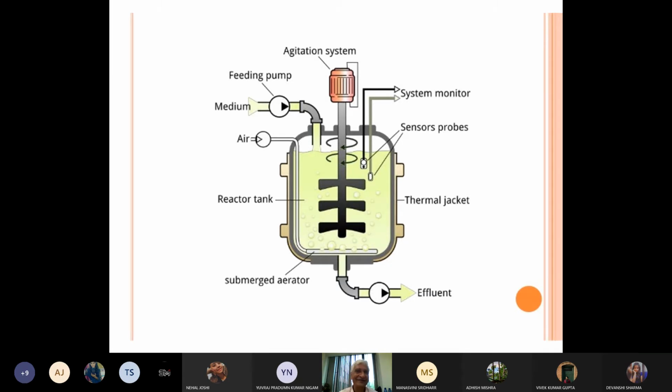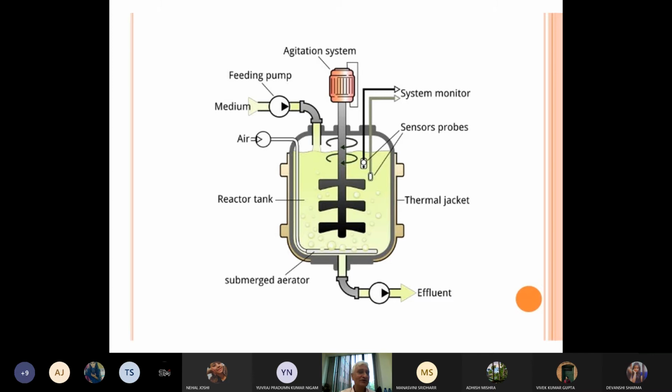This is something only a person who has worked hands-on can tell you. I think this is a very small, stupid thing, but I don't want you to learn only one thing. Unless you make a mistake, you will never learn. I still remember this even after 40 years. So I thought it is important to teach you why we need a thermal jacketed vessel.